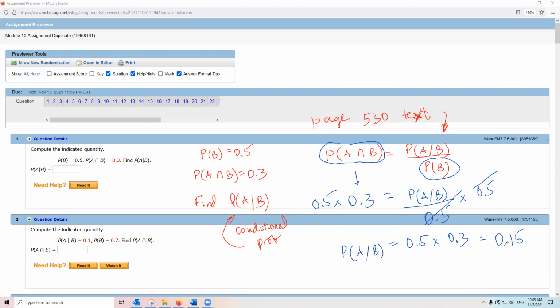Let me go to problem 2. I think you'll see problem 2 is similar. Again, I'm going to go to this formula that says the probability of A and B is the probability of A given B over the probability of B. Well, for this problem, they're giving me the probability of A given B, that's 0.1, so that's going to go on the top of the fraction. They're giving me the probability of B is 0.7, that's going to go on the bottom of the fraction. Now I just have to work this out on my calculator. 0.1 divided by 0.7 is, now let's see here, they're not giving me,